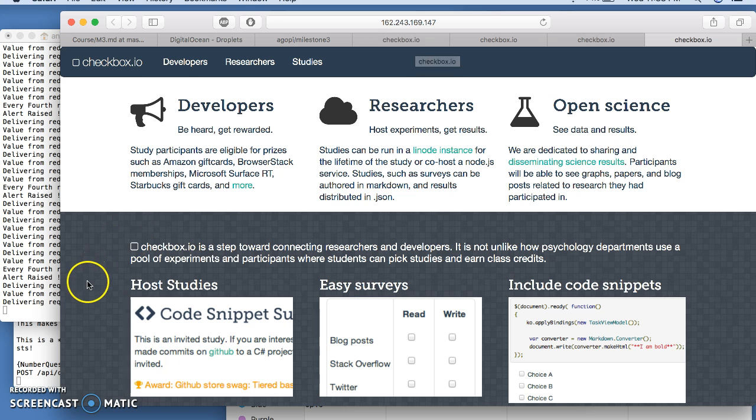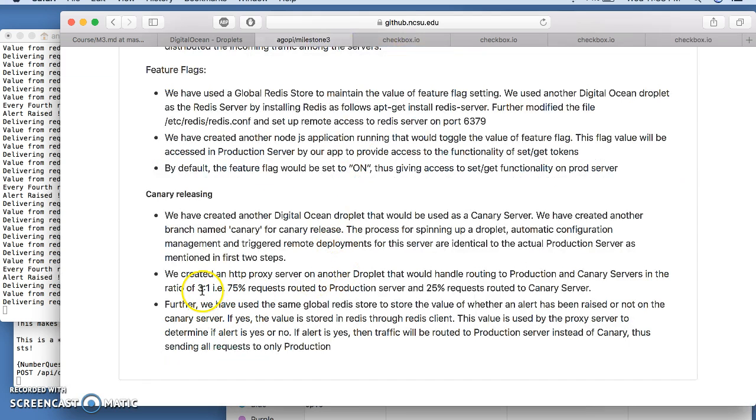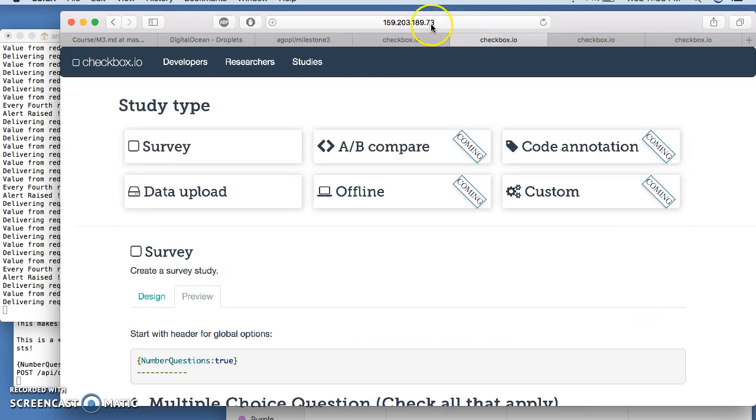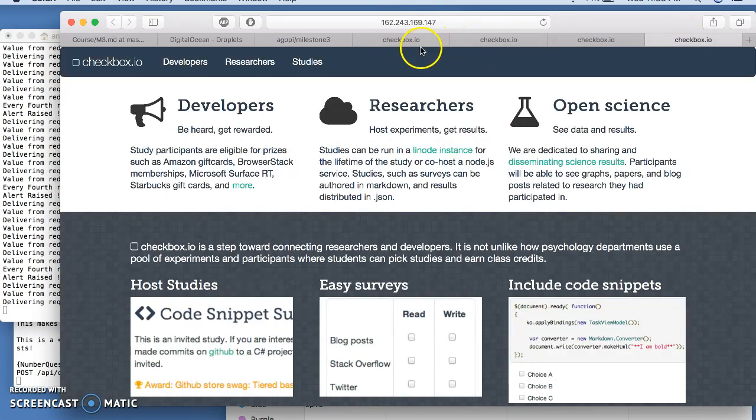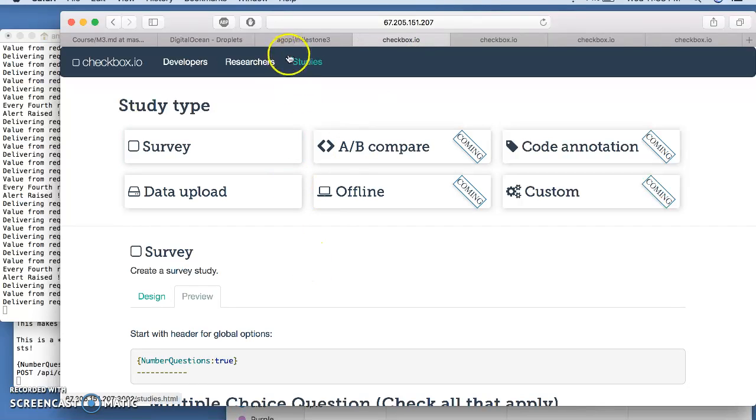So the total traffic isn't redirected to it. For any incoming request, the first 3 are routed to the main production server, which is at this IP address, and every 4th request is sent to the canary release. So we can test that